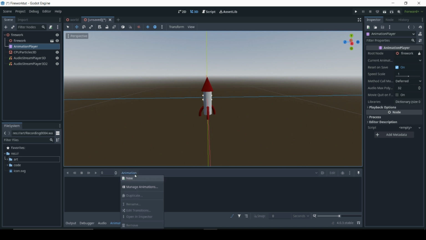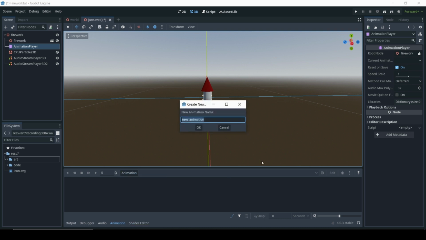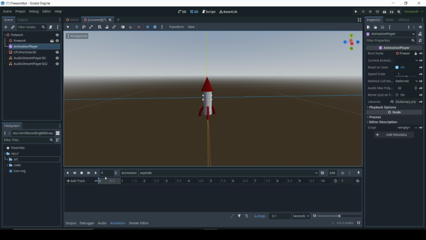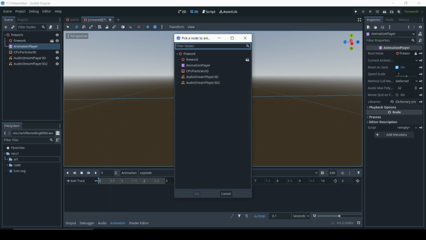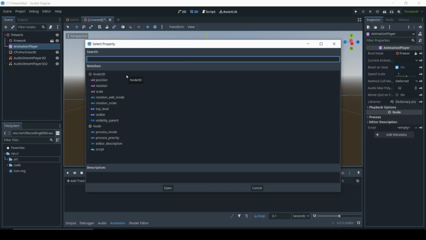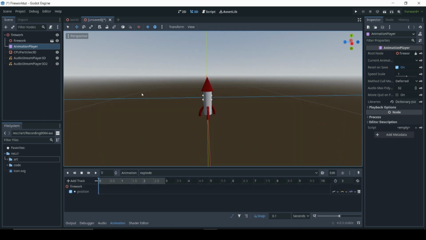Animation. Click a new animation. Name this really anything, like explode. I like to do explode. Make it 3 seconds long. You're going to add a couple of tracks now. Property track, firework. Position, then from the firework, position,